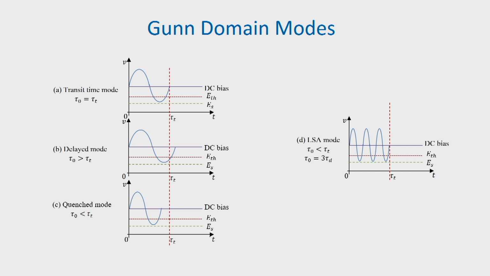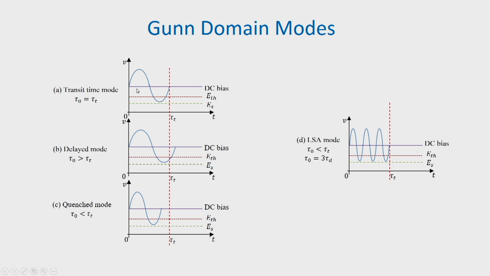Now, depending upon the period of this AC signal, here tau t is the transit time and tau naught is the period of oscillation. So, if the period of oscillation of the AC signal and the transit time are the same,